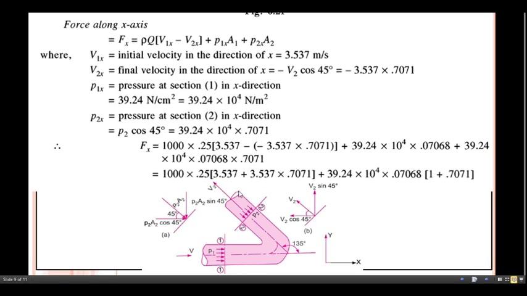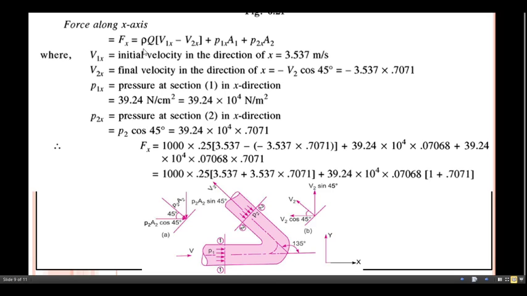x minus V2x. Why is this V2x written? The velocity component corresponding to this section number 2 is nothing but V2x. For the horizontal direction we have considered x as the suffix. Similarly, the pressure at section number 1 is nothing but P1x, similarly A1, plus this one P2x into A2. Whatever the component of P2A2 from the x direction is considered here as P2x into A2.